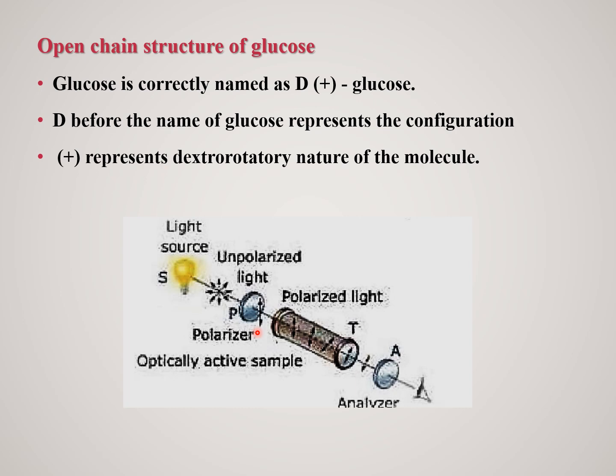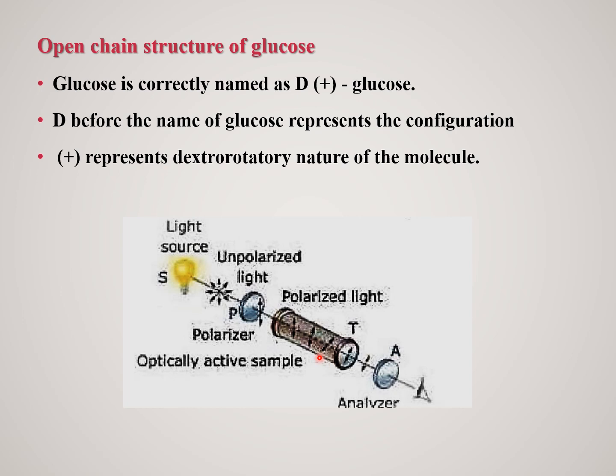When this polarized light is passed through a sample tube in which you have glucose, which is an optically active compound, the molecule of glucose can rotate the plane of that polarized light. You could see this is the first ability of the molecule of glucose to rotate. Slightly more rotation is seen when compared to this plane. Then you go towards this, and there's more rotation of the